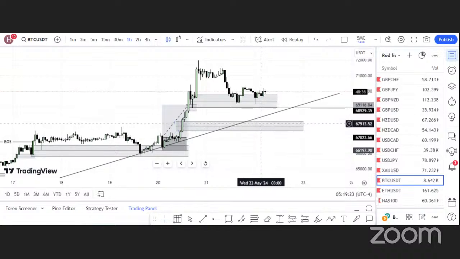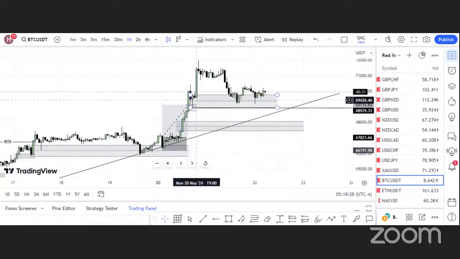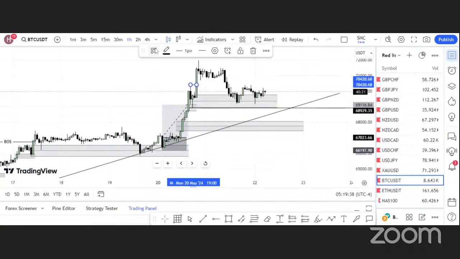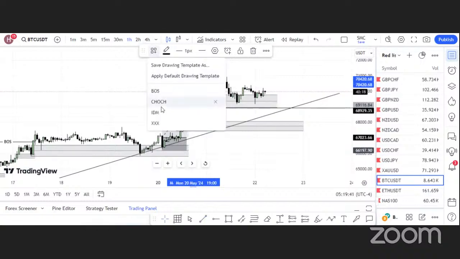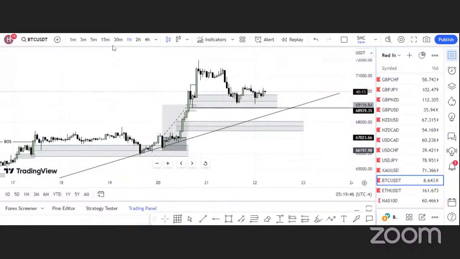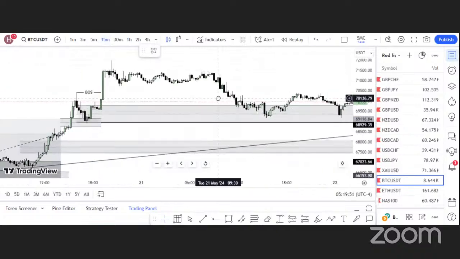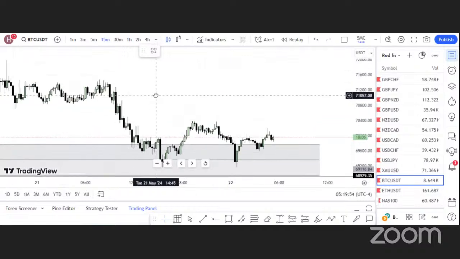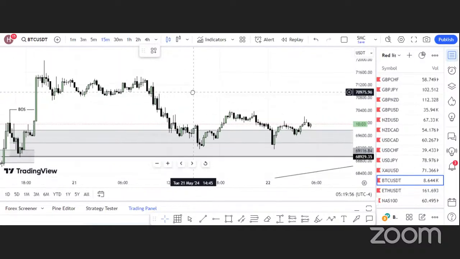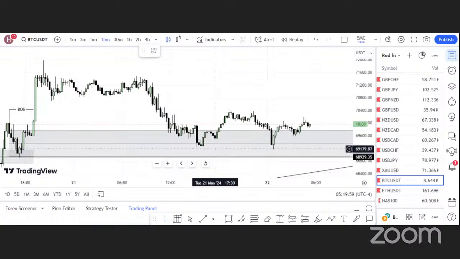Okay, but I doubt that the market is going to come down to this level because we already have a retest here, and this indicates continuation. All right, and then we also have a break of structure, which also indicates a market continuation. Right. So we can also look out for confirmations on the lower time frame.